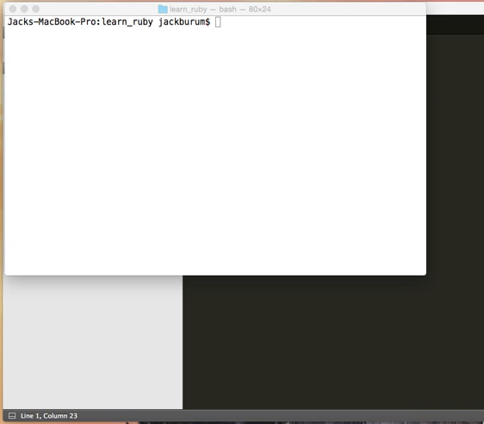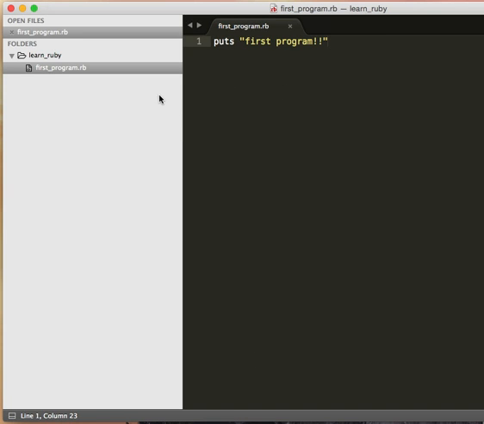So let's hop over to our first Ruby program file, and unfortunately we're going to have to get rid of the first Ruby program string there. And let's ask a user to enter a number. So we can say enter a number, and then we can store that number inside of a variable. Number is equal to gets.chomp,